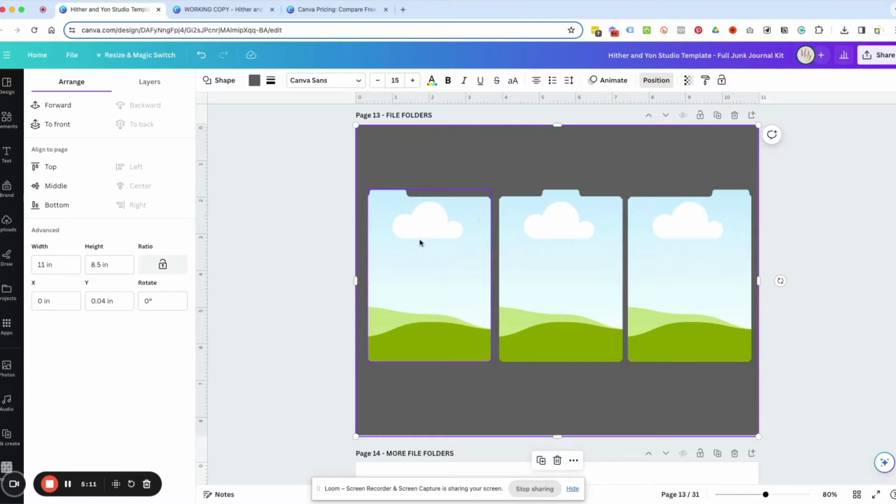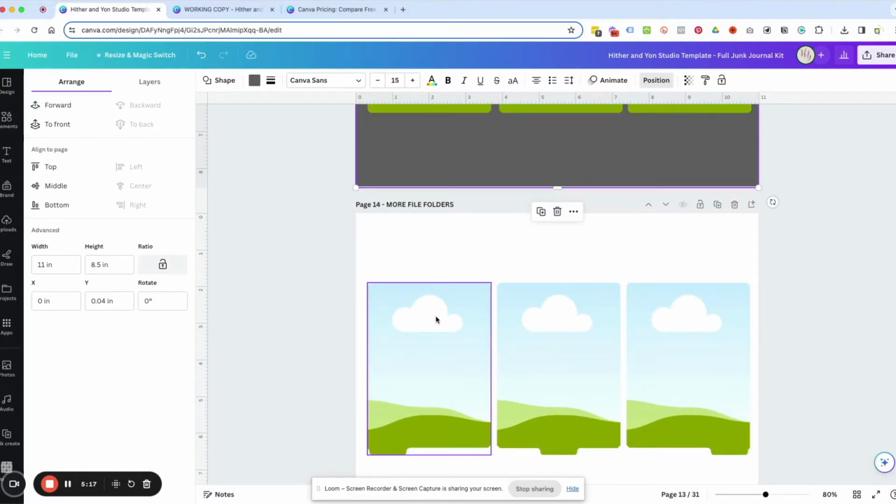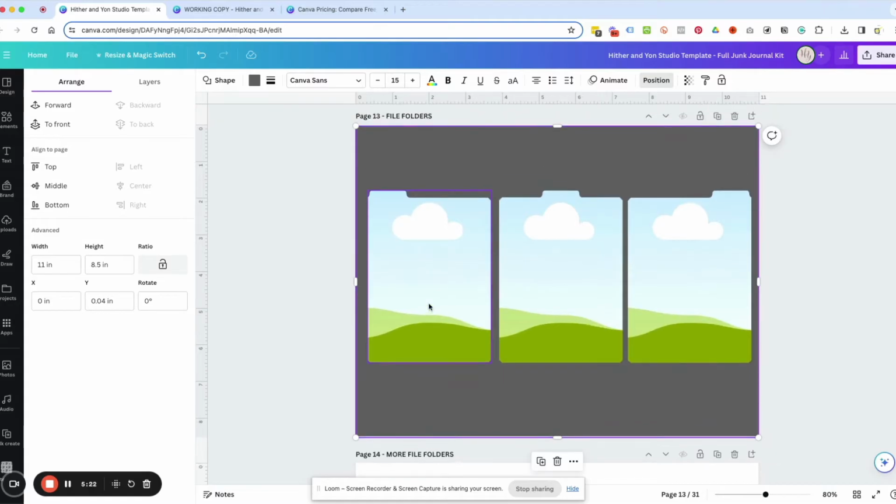So these are file folders that are facing where the image will go upward. And then I have more here where the bottom of the file folder is where the top of the image goes. And that's important when you're using Canva